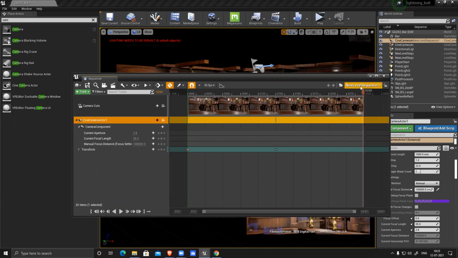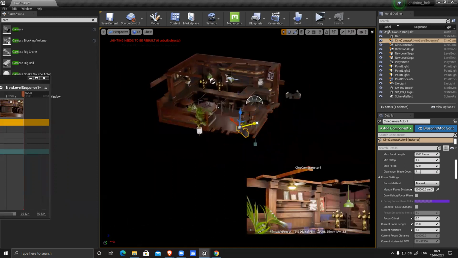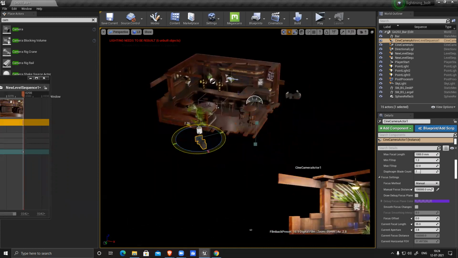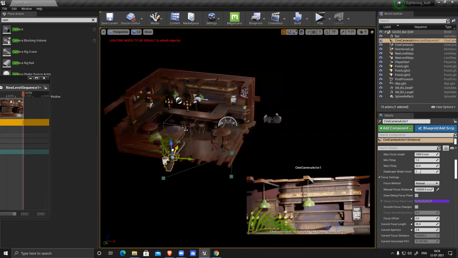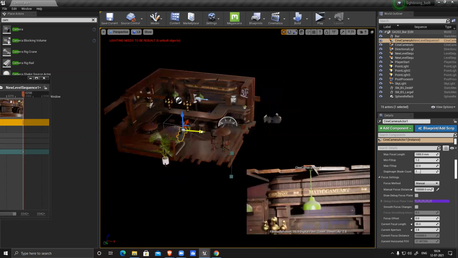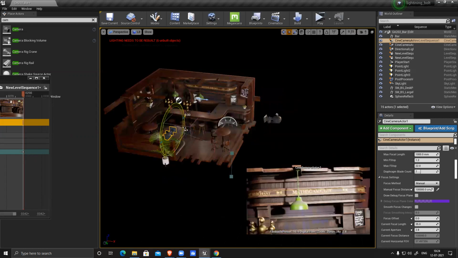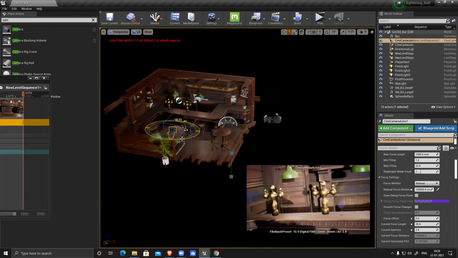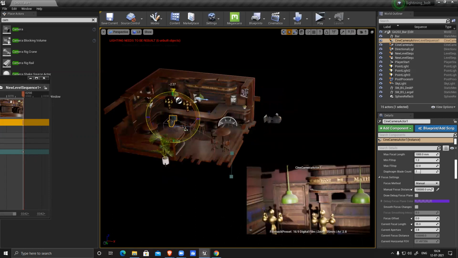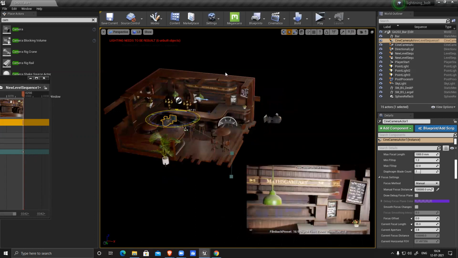Suppose I want to have a little rotation and change. I'll change the angle, just like placed it here.